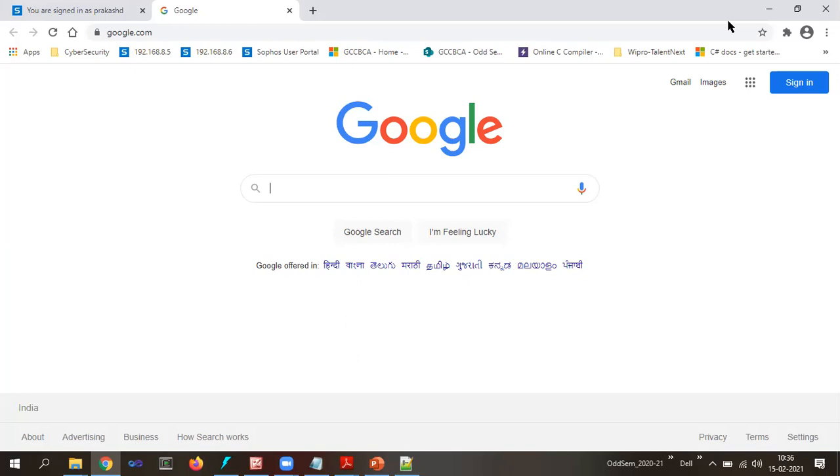Function prototype or function declaration, what does it consist of? How many parts are there in the function prototype? 4 parts. First one is return type, second is function name, third parameter list, and the semicolon. It looks almost the same as the function header, but additionally it has a semicolon.